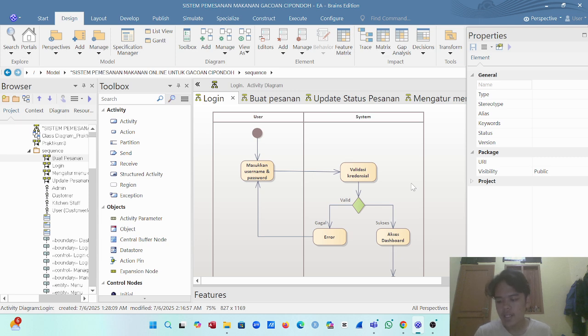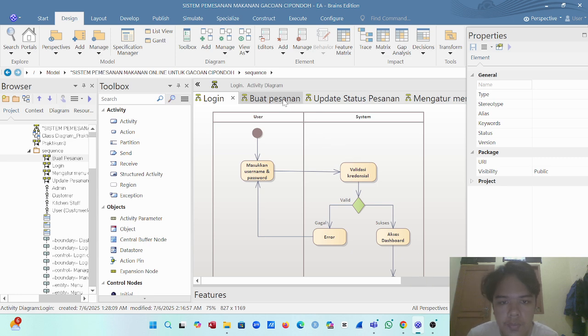If the credentials are valid, they are directed to their respective dashboard based on their role: customer, kitchen staff, or admin. If the login fails, an error message appears. The goal of the diagram is to ensure that only verified users can access the system.